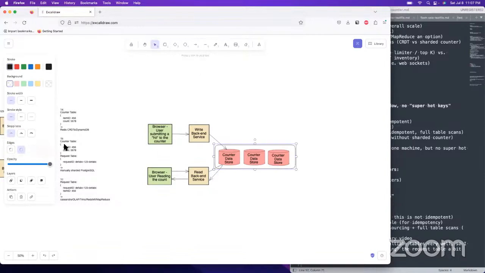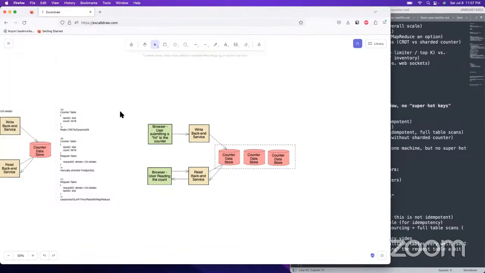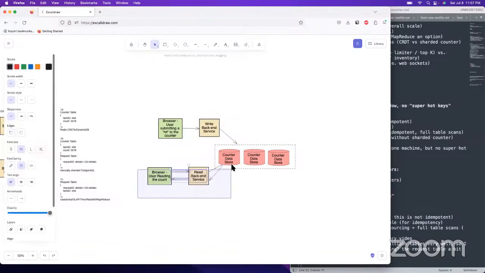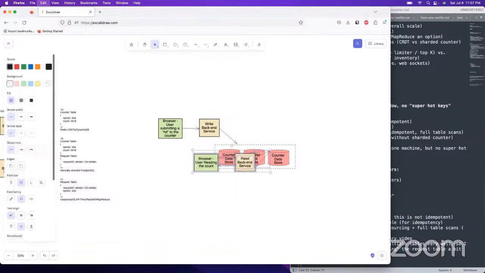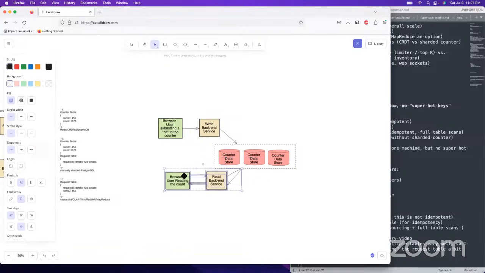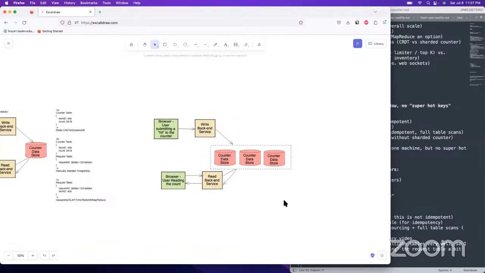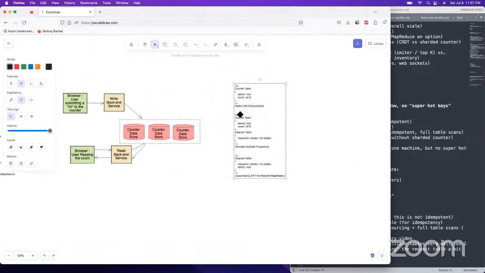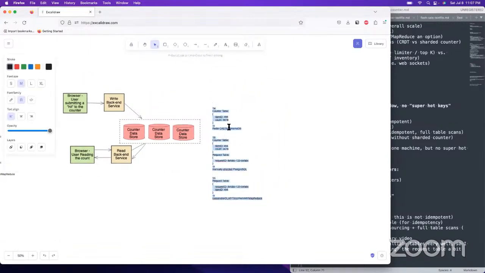Stick this over here, and the schema would be just this one.